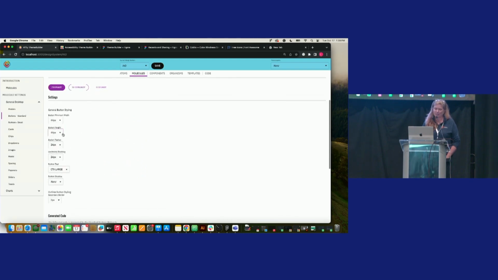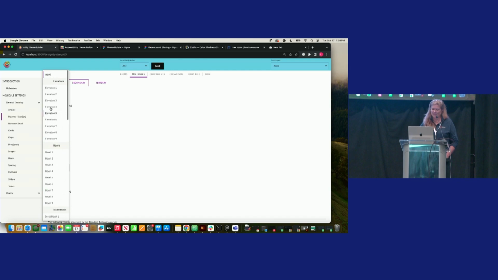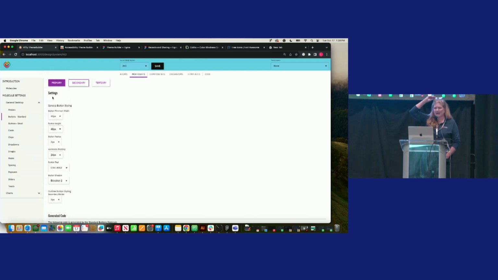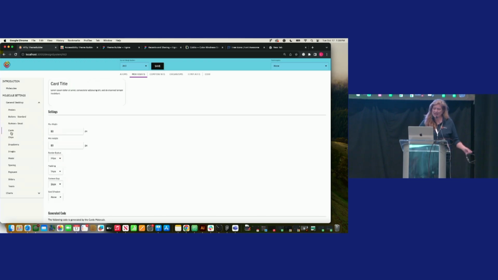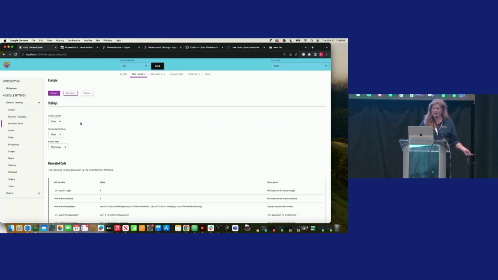Now I have a button out of the box that looks like this, but let's say I don't want a radius on my button. And let's say I want it to be bigger in height. Let's say I want a drop shadow on my buttons. We allow you to do all of these things just using the atomic principles that you set up earlier on. So again, you can go in and customize all these things, and what we do is we create many